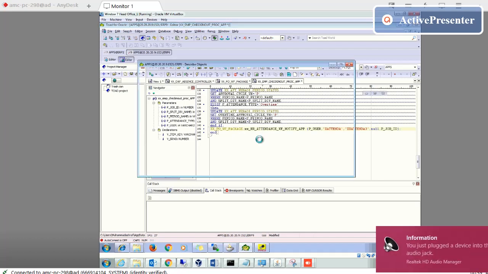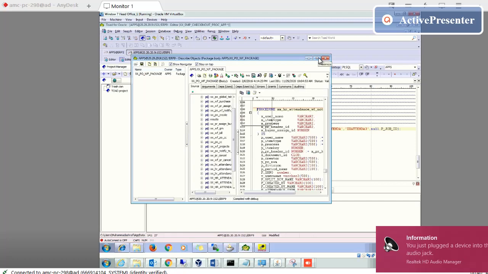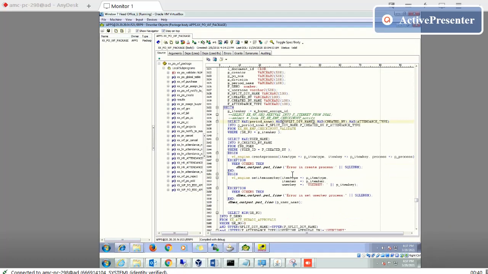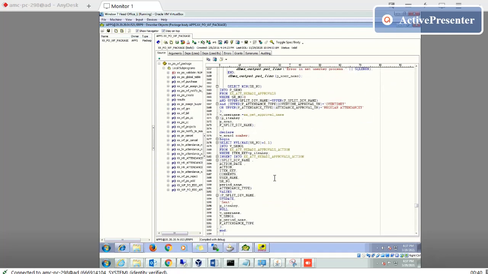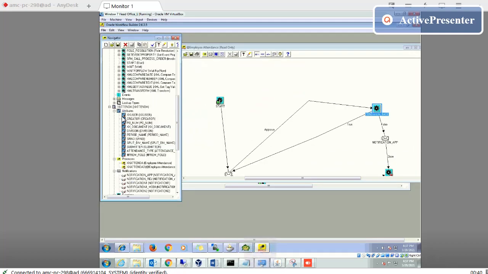In this procedure, I set the item key also. I add the variables, like the access user, you will find here.